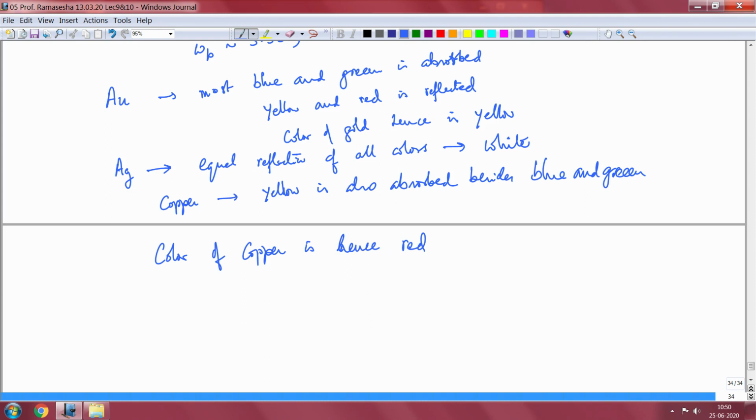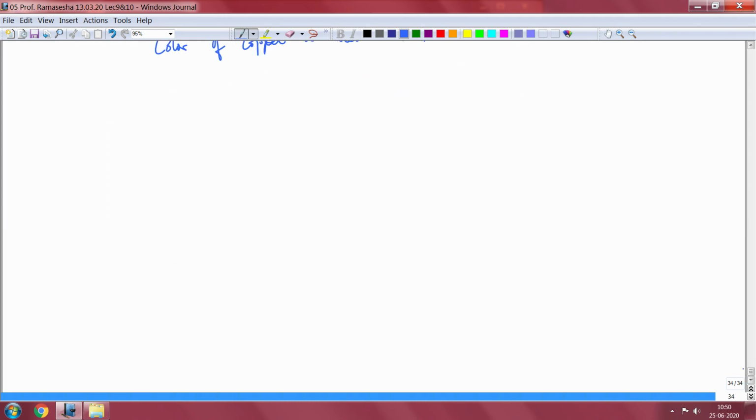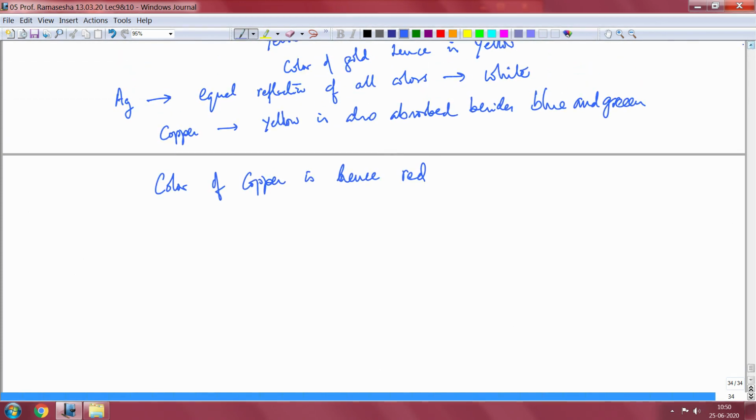So you see, by understanding very simply, we have done nothing except classical calculations using Drude's model, assuming that there is a collision every tau seconds, and we have been able to get a whole lot of information about the optical properties of all these materials and also the conductivity and so on and so forth. Now let us see what we can say about the motion of electrons in the magnetic field.